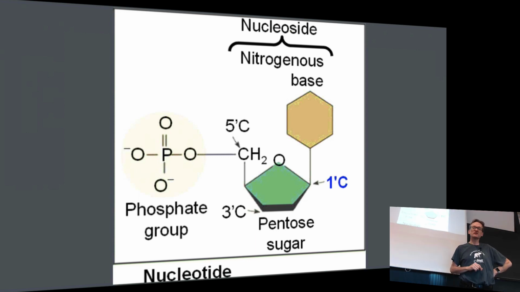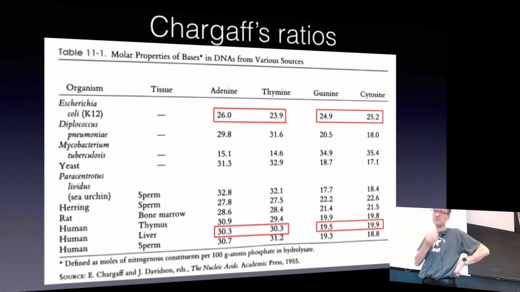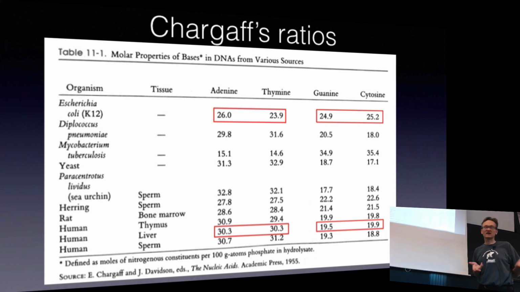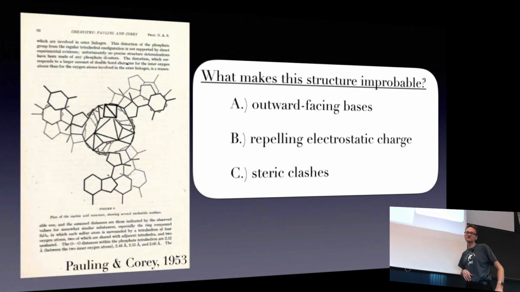And during a lot of years when people spent time studying that, Erwin Chargaff found very interesting results: no matter what organism you have, there are different ratios of all these, but adenine and thymine always occur at roughly the same concentration, and guanine and cytosine roughly at the same concentration. What that concentration is varies, but they always occur in pairs. And that was the one key discovery that two other scientists used. There are a number of problems with this structure, even without the Chargaff rules: these outward facing bases would need to make hydrogen bonds with water or something on the side.